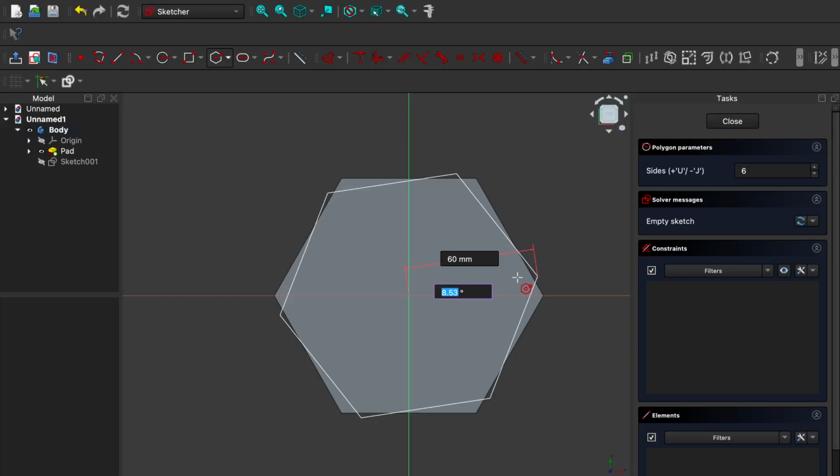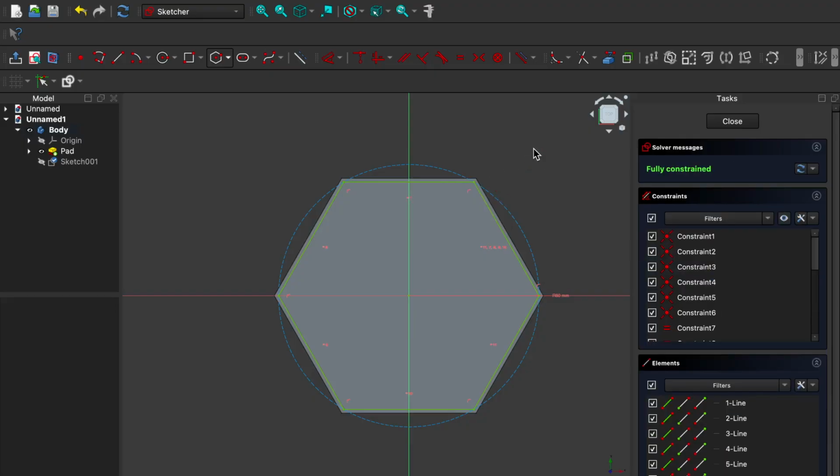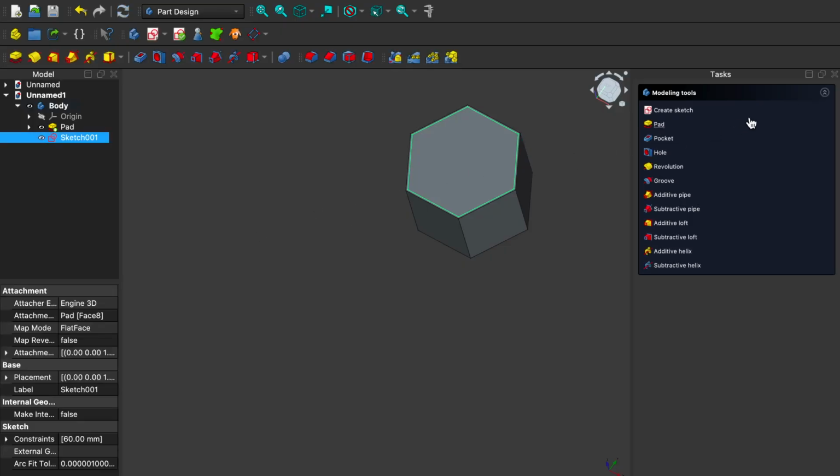So I'm going to use 0, and then you can see everything is in green. That means the shape is fully constrained. So type OK. This time we want a sorted, but we're going to make a pocket, like make a hole on